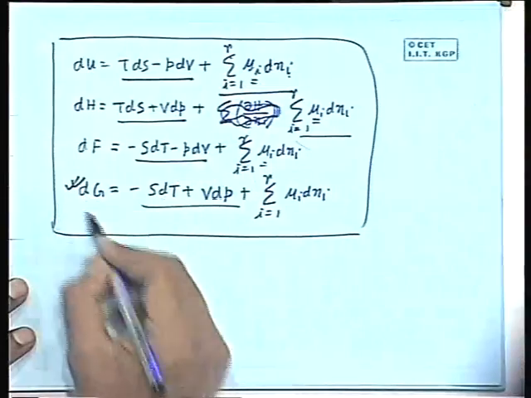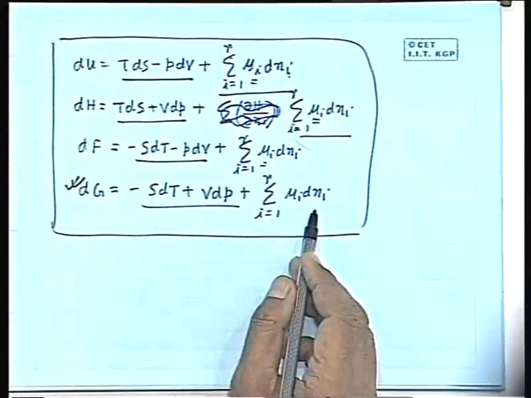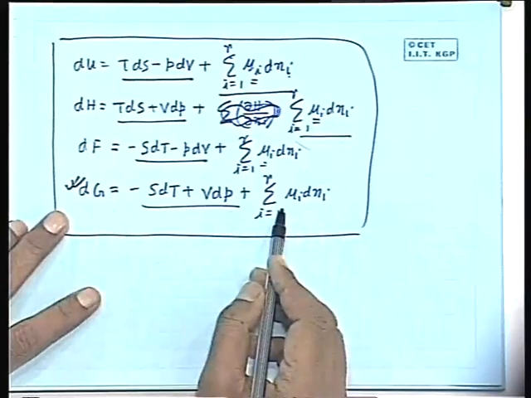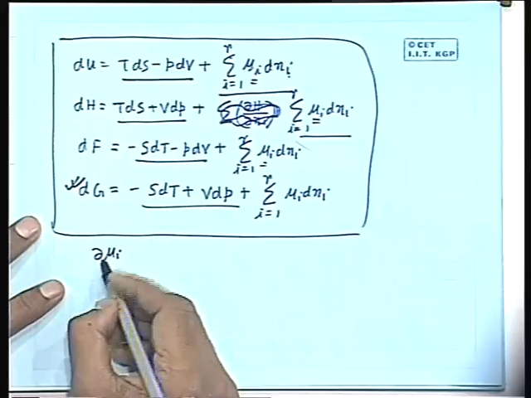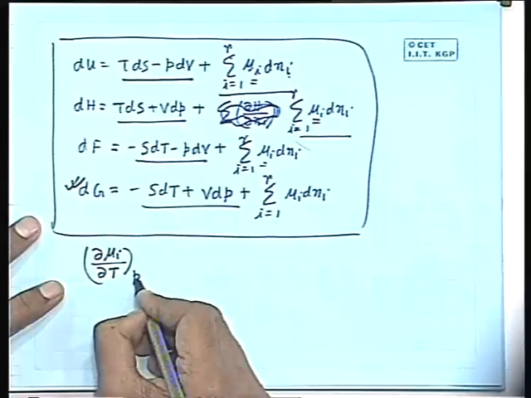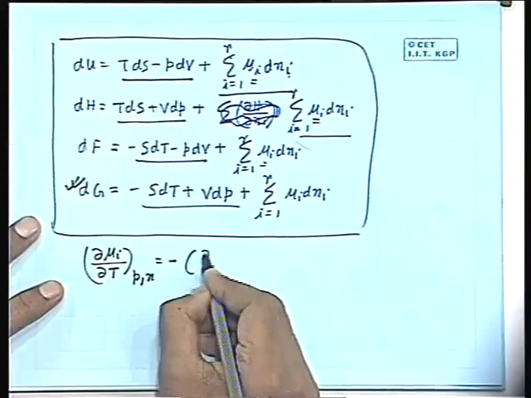For example, if we consider this one first, this is an exact differential equation, so we can use the properties of exact differentials and develop certain other relationships. For example, del mu i del T at constant P and n is equal to minus del S